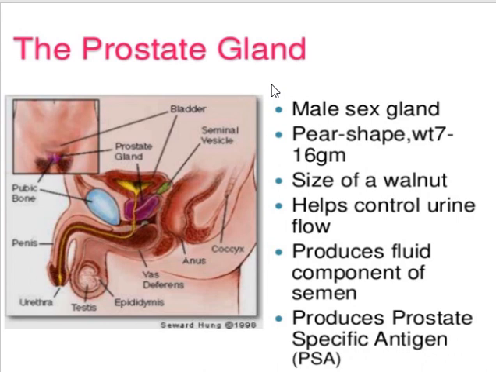Prostate gland. As we are learning about prostate disorder, we will first see the anatomy and physiology of the prostate gland. As you know, the prostate gland is the male sex gland. It has the shape of a pear fruit, so it is called a pear shaped organ. If you don't know, just google how a pear fruit looks and compare it with the structure of this prostate gland. It is a pear shaped organ and the weight is about 7 to 16 grams,